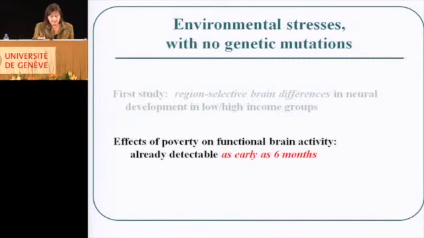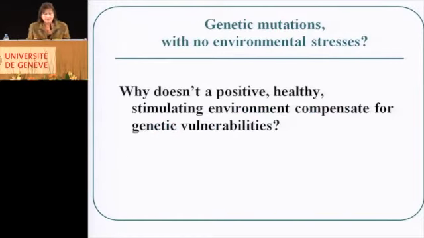But it's also the fact that these effects of poverty on functional brain activity are found as early as 6 months, which is very worrying, but it also is hopeful in that we can intervene, and I'll come to that at the end. But what I wanted to ask was, if you've got a genetic disorder, and certainly the children